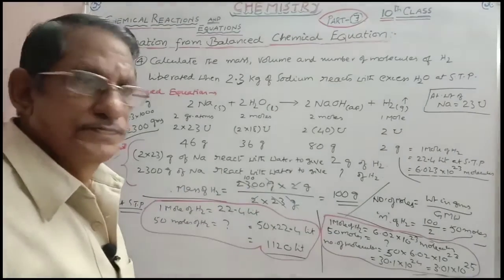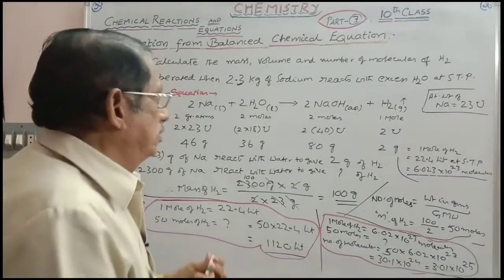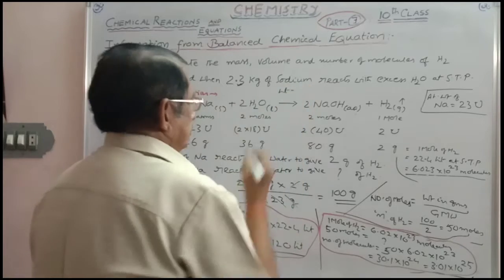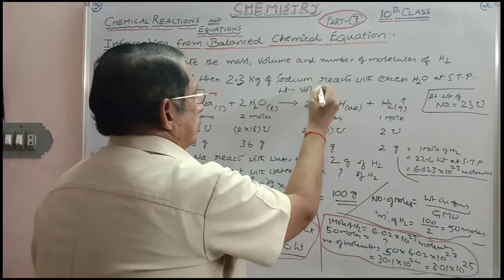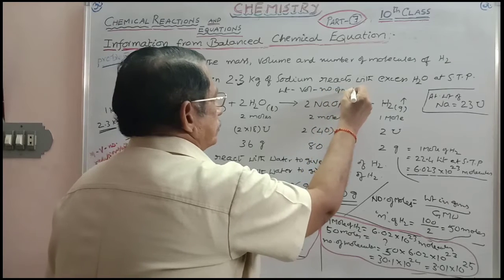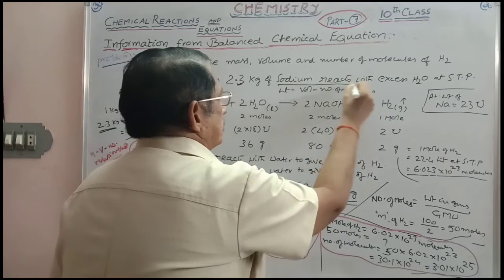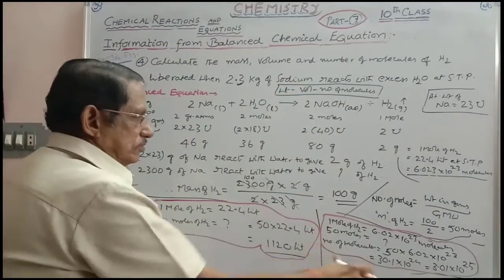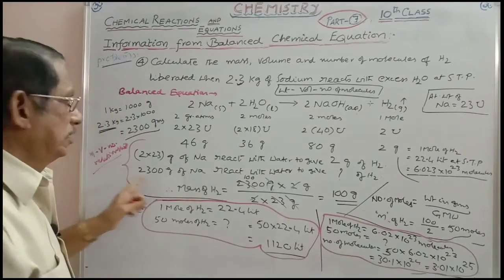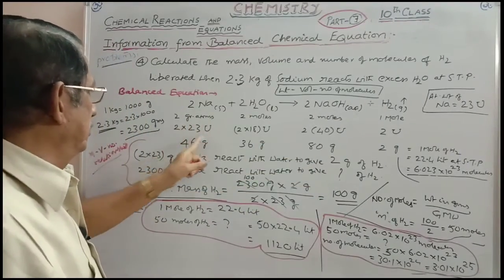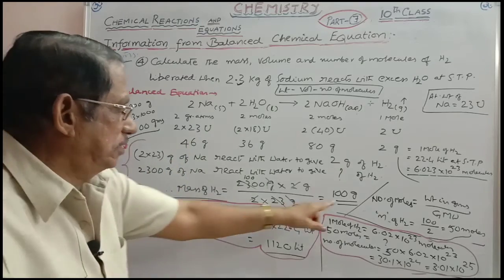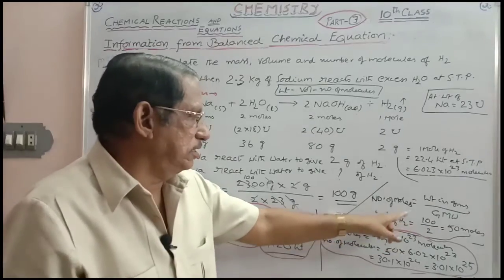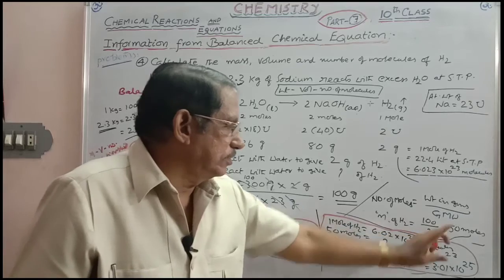Have you noted it? So this is the relationship. Weight, okay. Volume, okay. Number of molecules. Basing on this weight, volume, number of molecules relationship, the problem was done. First of all, we calculated the mass of hydrogen that is obtained from 2.3 kgs of sodium. This is the answer, 100 grams is obtained. Now we converted them to number of moles because the problem becomes easy. Weight by molecular weight, that is equal to 100 by 2, 50 moles are obtained.